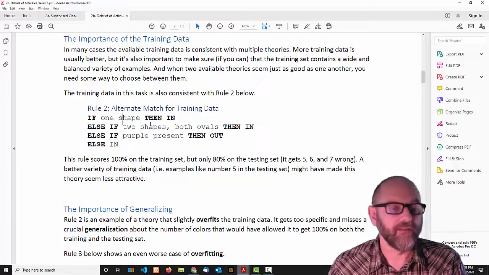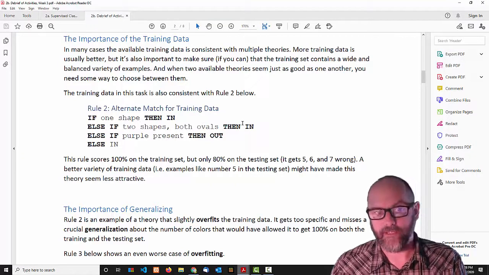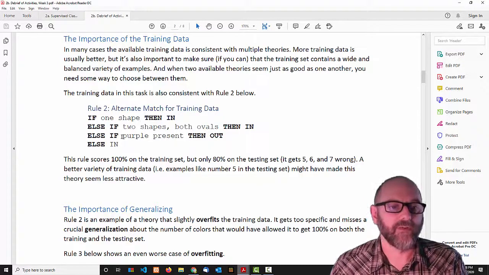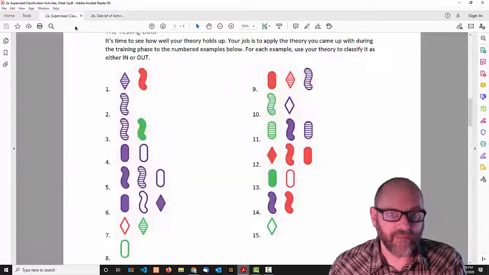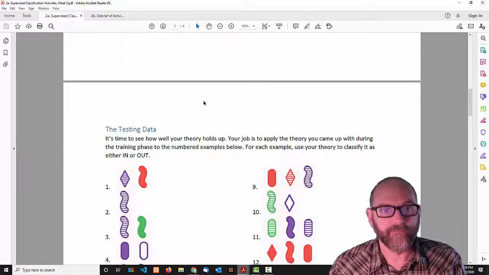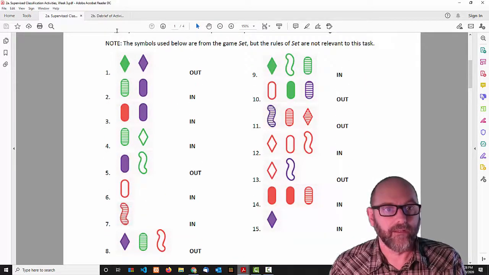So 1 shape is in. If that's not true, go to the next one. 2 shapes, both ovals? Yes, then in. If not, go to the next one. Is there purple? If yes, then it's out. Otherwise, it's in. And I'll let you guys verify that, but anything with purple in it in the training data